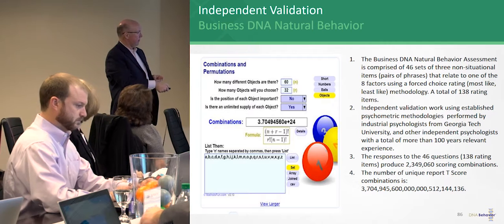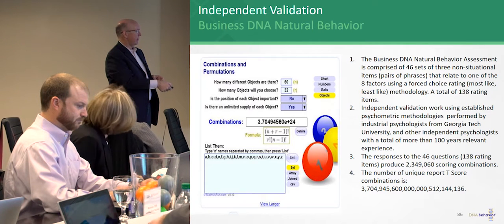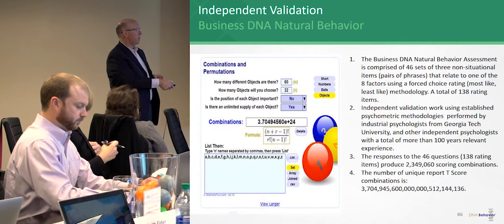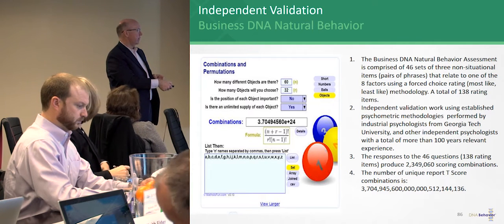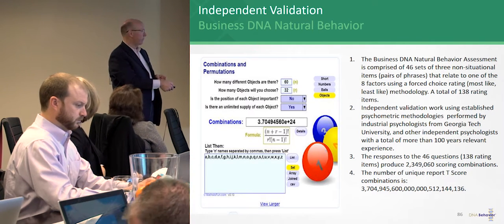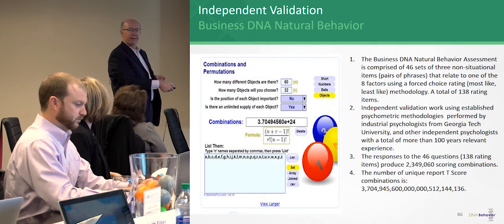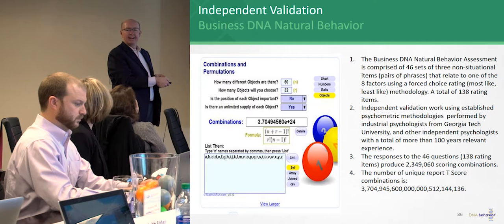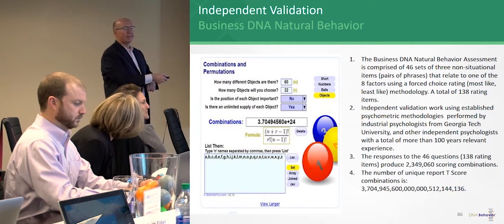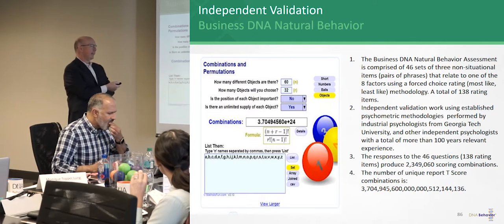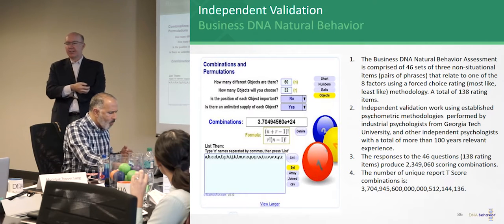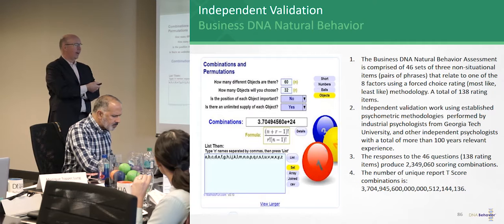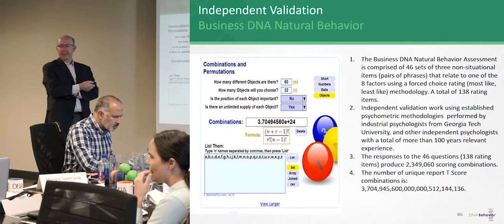So Monique, at the bottom there is the number you're asking for today. Thank you. Right, so there's 2.3 million scoring combinations, but the number of unique people is that. Is that enough? It'd be hard to find my match. Okay. What number is that? You said 3 trillion. It's a 3 trillion, I think. Yeah. I'm just gonna round it up to 3 trillion. Yeah. I don't think there's a word beyond trillion, but anyway.